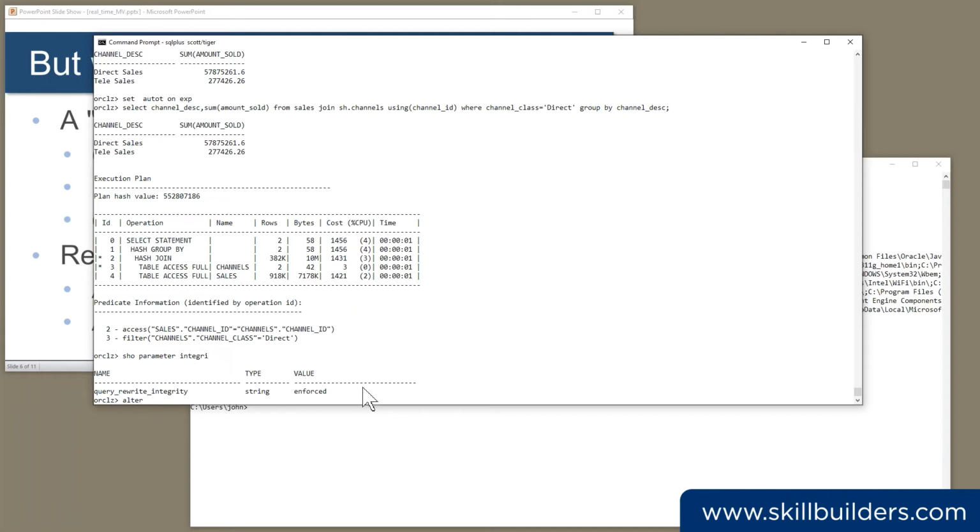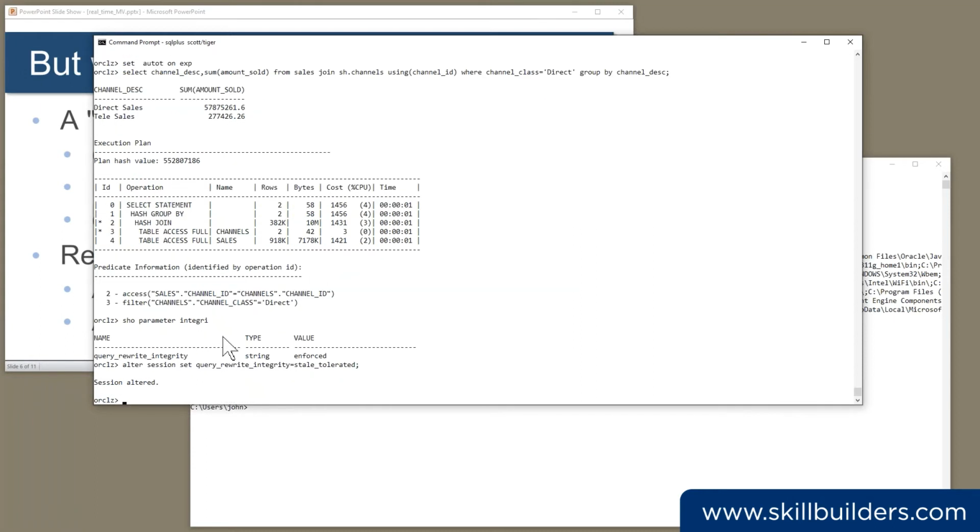I could alter, I'll do it at the session level, set query rewrite integrity. Yes, stale tolerated. Sorry, I preempted that one. We can see I'm playing games with the optimizer here, by the way. There's no guarantee that any of these demonstrations will actually work. But having done that, if I now run the query,